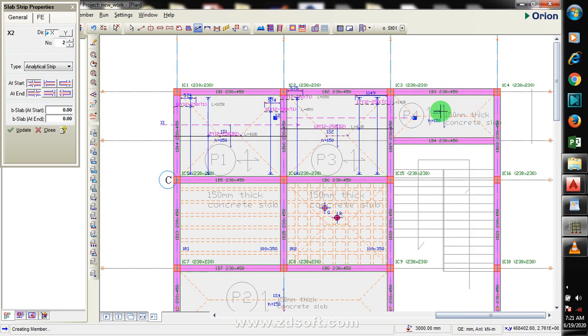Okay, this is a one-way slab. So for my YY, this is your X axis, this is your Y axis. I hope you understand that. I'm going to click on Y axis, and then I'm going to click on my bob on my beam. Okay, and then it's entering a slab here, which will have a slab here. So if I click here, I hold on my control, give me strip,